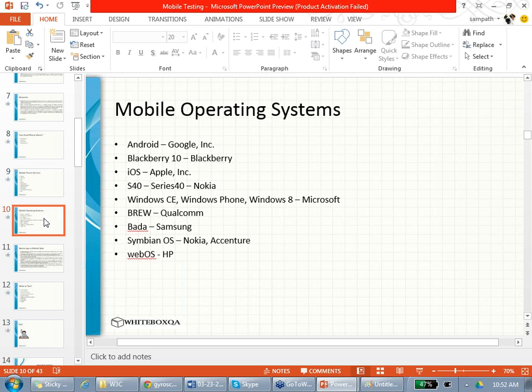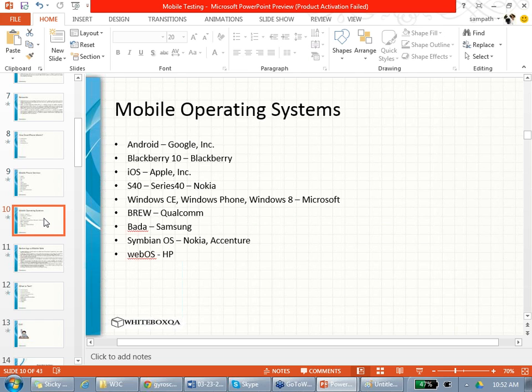What are the mobile smartphone operating systems? Let's look at them. Android is by Google. Actually, it was started by Android Inc. and taken over by Google, and it is an open source project by the Open Handset Alliance. I will talk about that later. Everyone knows Android.